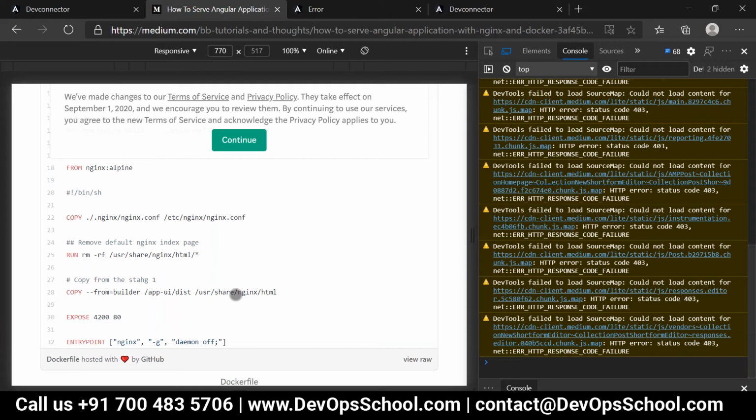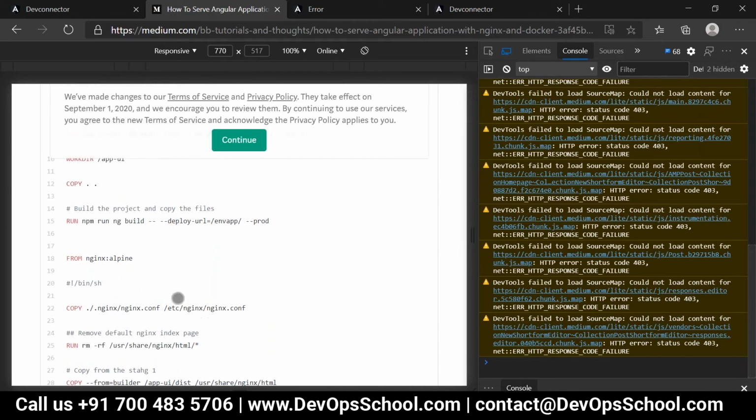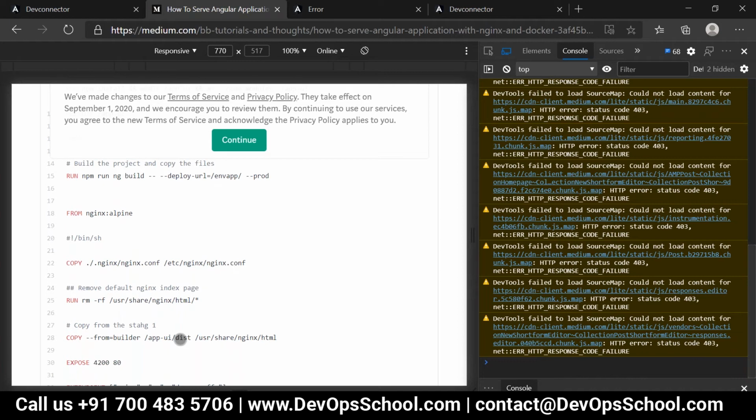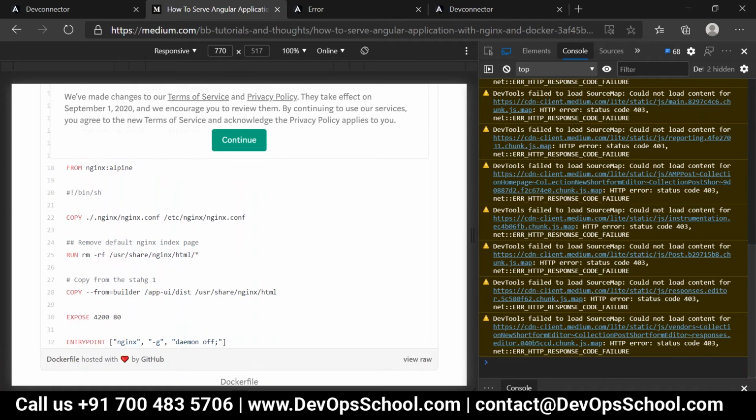Yes, it will. Correct. So here, the build for your application will be HTML and JS only. That bundling part, you will get it into the dist folder, and this dist folder we are copying from our location to inside the container, and from there we are going to utilize it.